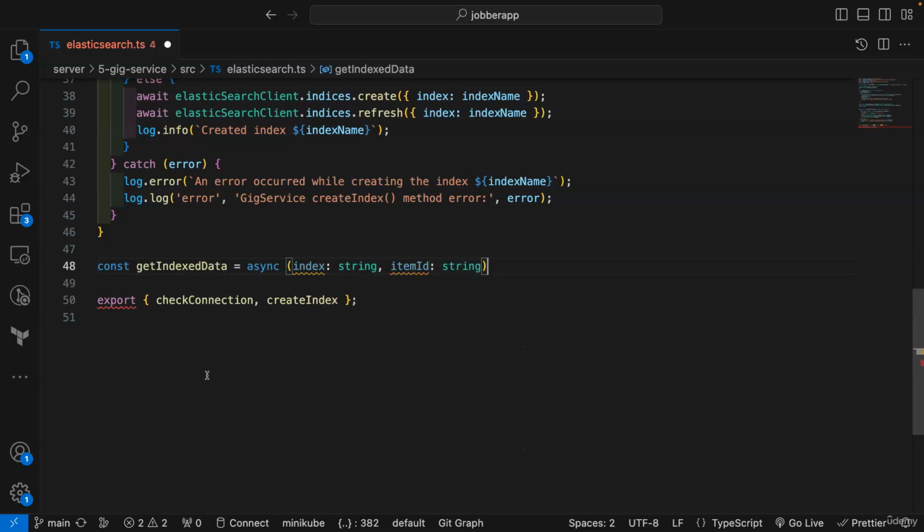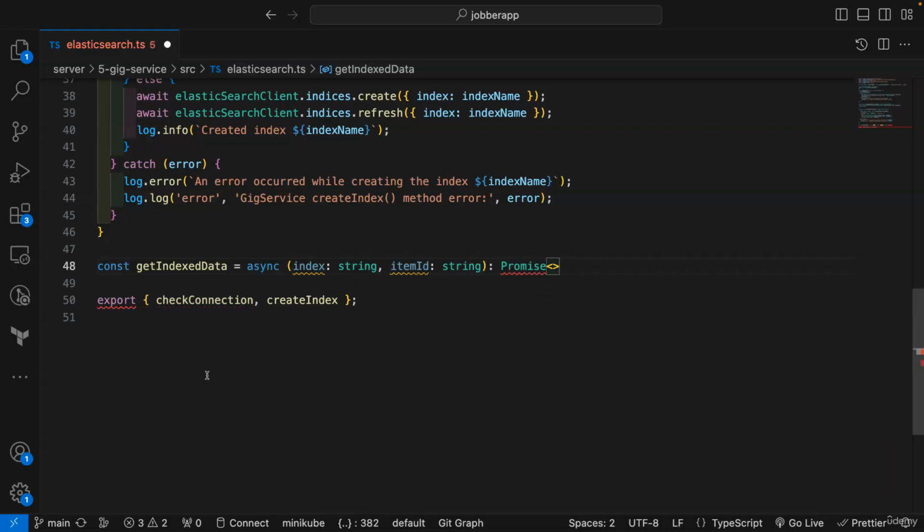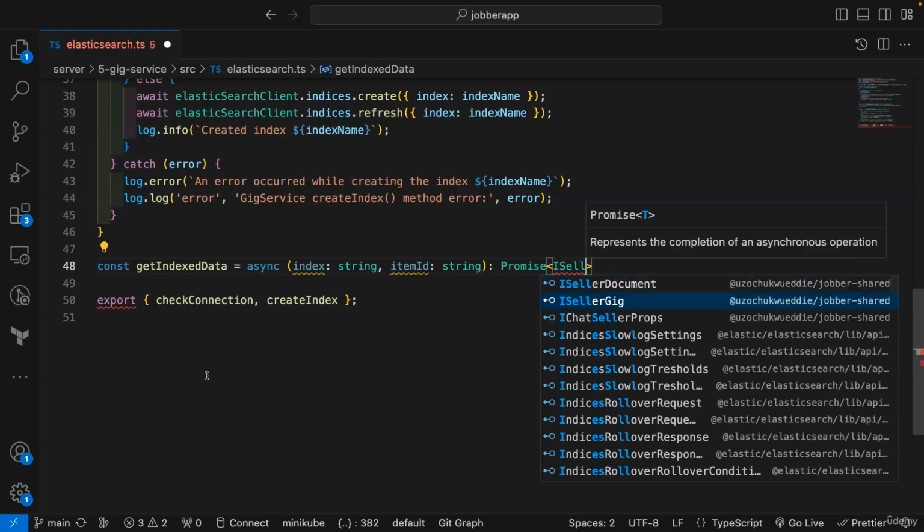Okay, now this is going to return a promise of type iSellerGig. Remember, the documents we are going to add will be of type gigs, or iSellerGig, whichever name we used. So promise, this is going to be iSellerGig,